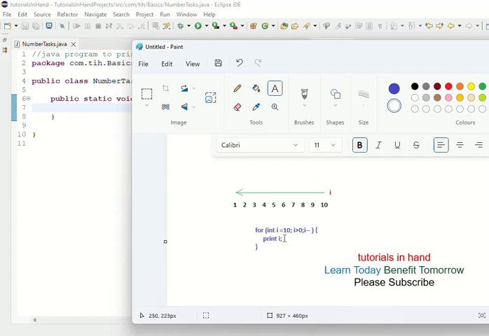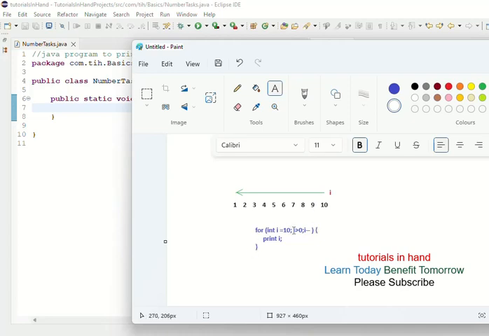So when you will be at 10, you will print 10. Why? Because when you are at 10, then your condition 10 greater than 0 will turn out to be true, and you will be allowed to enter within this for loop and then print the value of I, that is 10. And similarly it will happen for each and every value of I, because after 10 you have printed 10, then there is I minus minus, which will decrease the value of 10 by 1